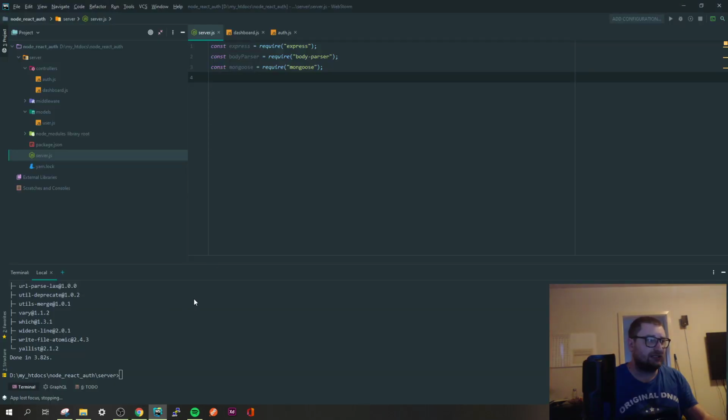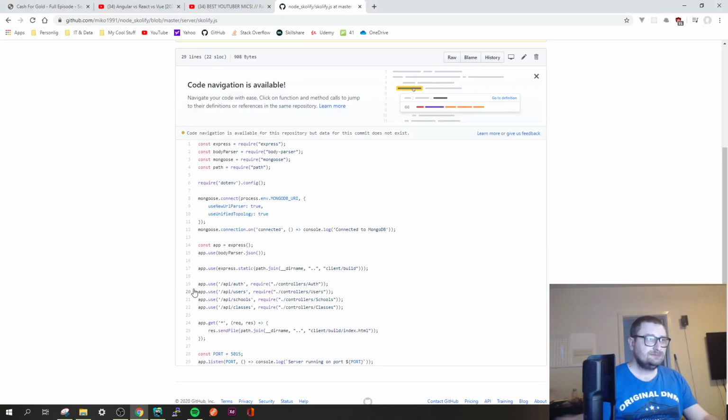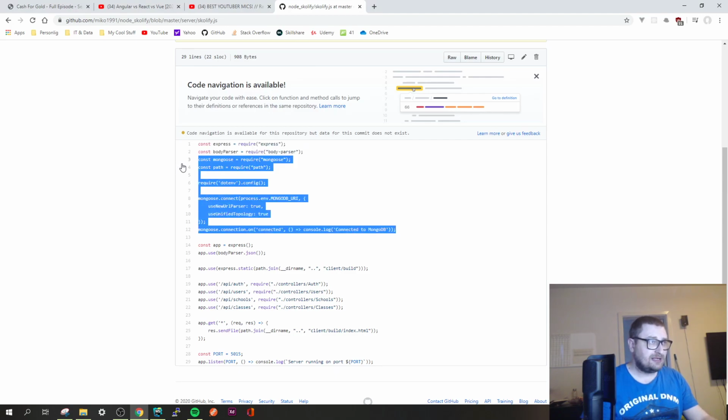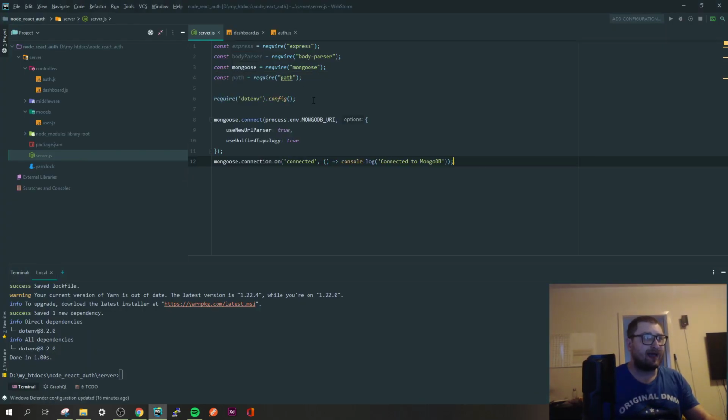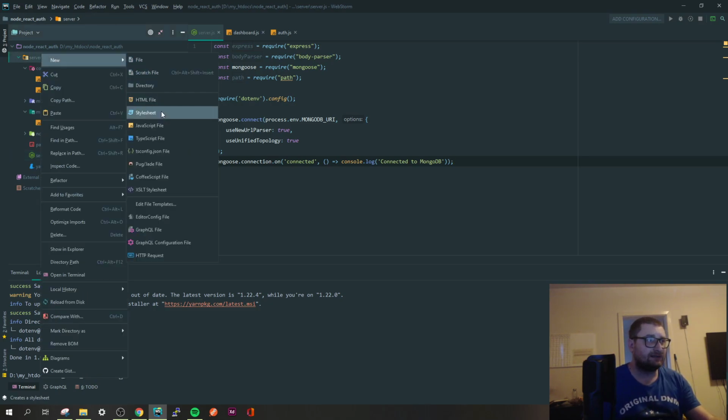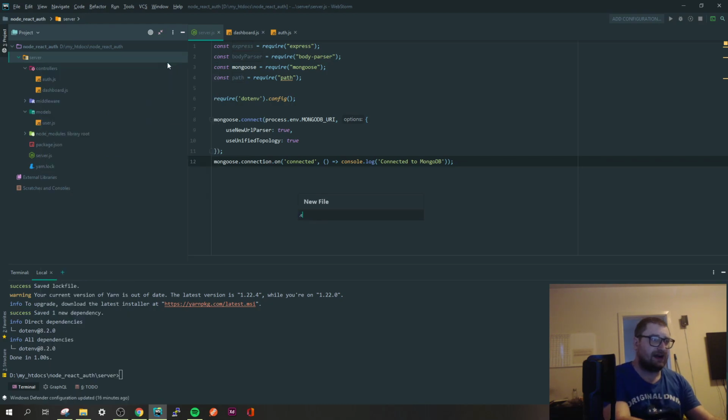So we will also need .env, so basically we'll just copy these lines. So we need path as well, we need .env, and actually here creating a file called .env